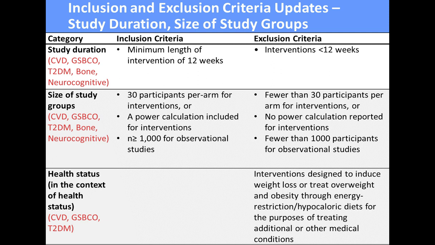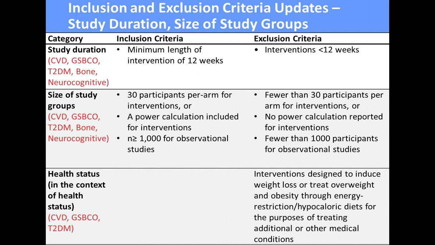For duration, a minimum of 12 weeks for an intervention was included. Those less than 12 weeks were excluded. The size of study groups, a minimum of 30 participants per arm, or a power calculation for interventions were needed to be included. And samples of at least 1,000 participants were included for